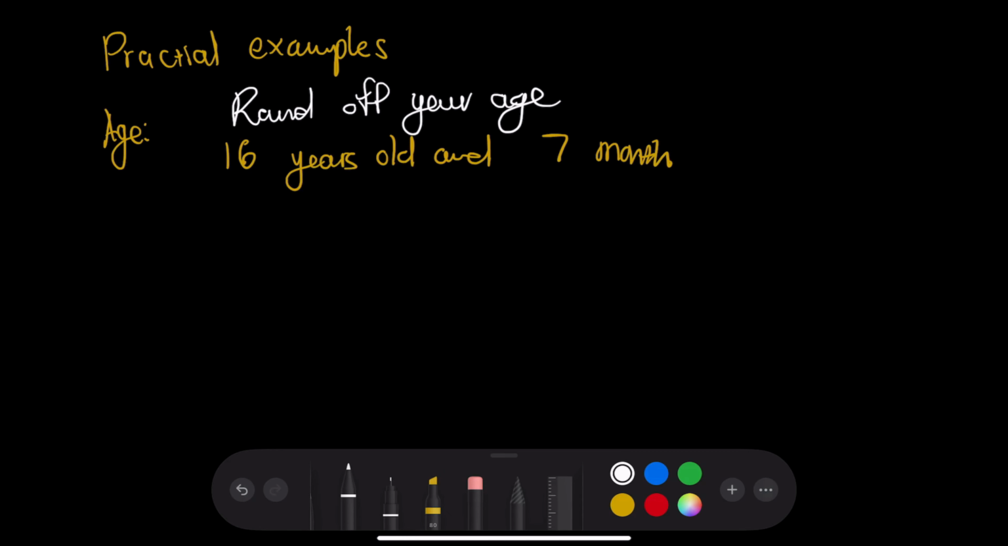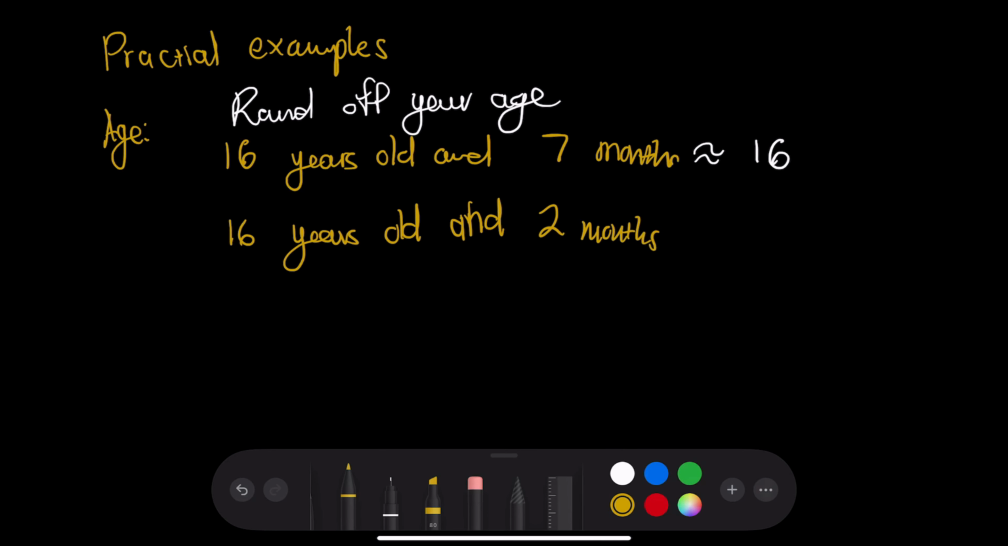Then for specifically ages, let me phrase it like this rather. Whichever age you fall a part of, whether you're 16 years and 1 month, 16 years and 3 months, 16 years and 7 months, if you round off your age, it'll be approximately 16. If I'm 16 years old and 2 months,